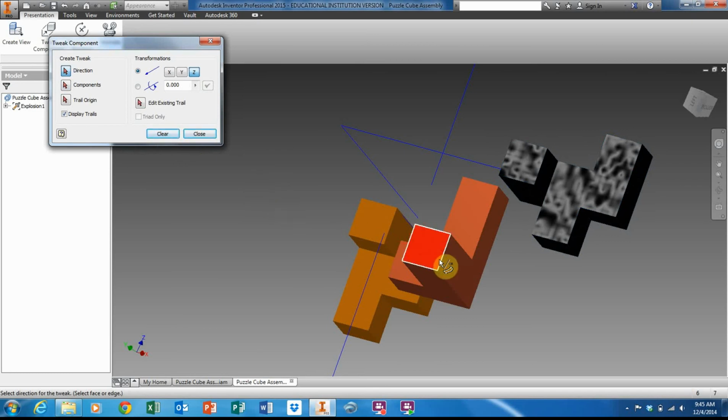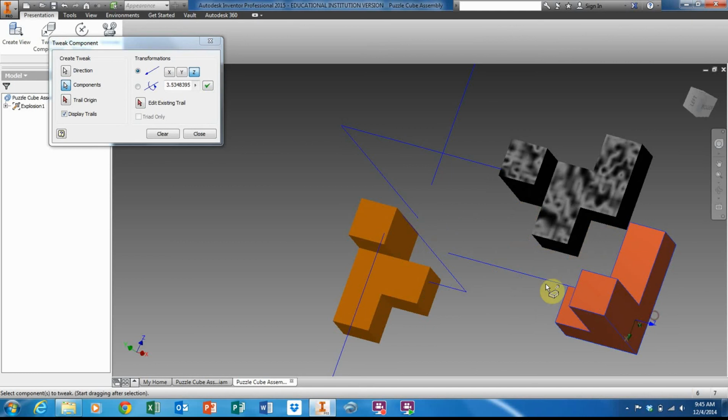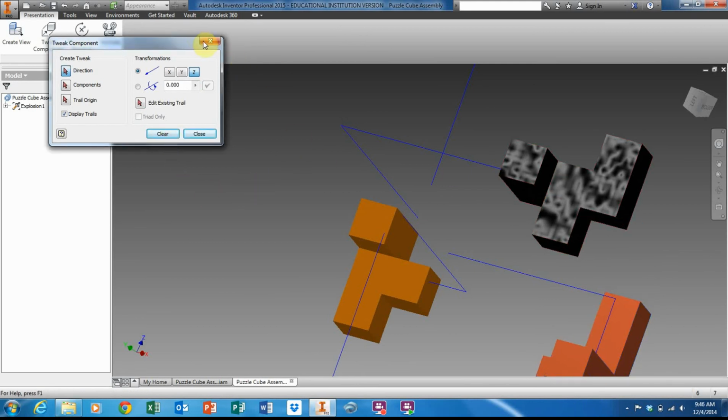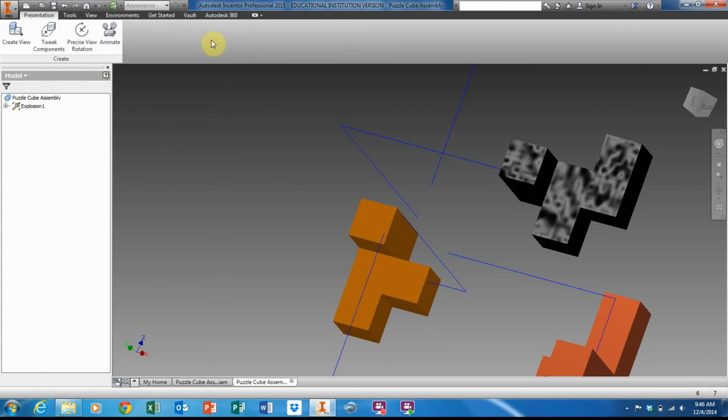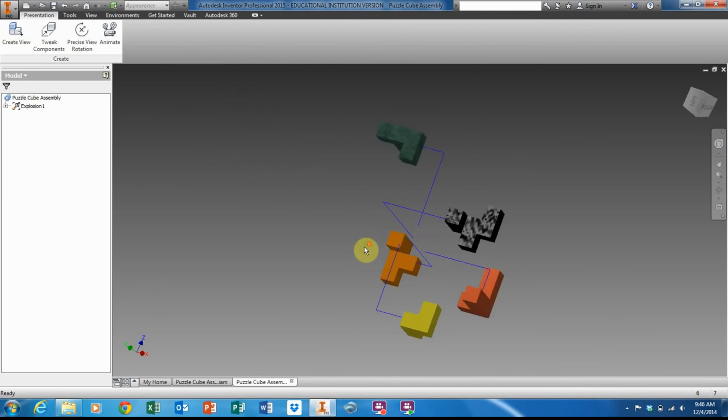Alright, and then the last piece I'm going to move is this orange, or the brown piece. I'm just going to move it down first. Click on the axis, then click on the part, and pull it down. Clear. And choose another face. Click on that face, click on the part, pull it to the side, click clear. Okay, I am done. I'm going to close this box,